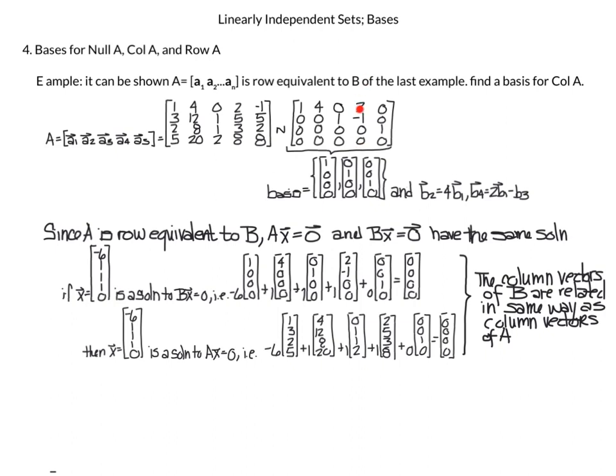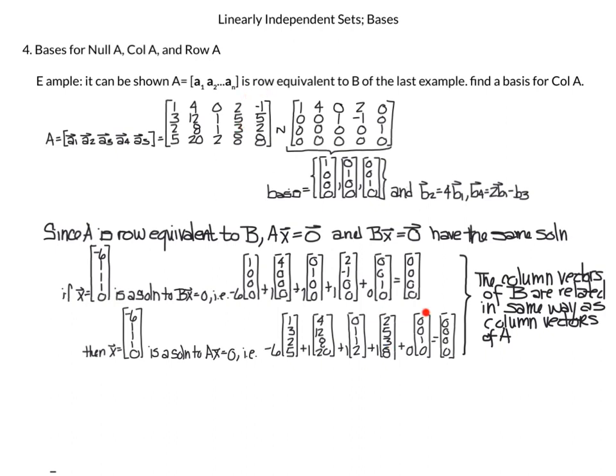Yeah, 1 times the fourth column vector 2, negative 1, 0, 0, plus 0 times the fifth column vector 0, 0, 1, 0, you're going to get 0. But since A is row equivalent to B, that means the same vector x, negative 6, 1, 1, 1, 0, is a solution to AX equals 0. That is, I'll take negative 6 times my first column vector 1, 3, 2, 5, plus 1 times 4, 12, 8, 20, plus 1 times 0, 1, 1, 2, plus 1 times 2, 3, 5, 8, plus 0 times my